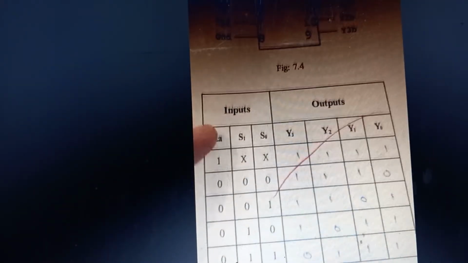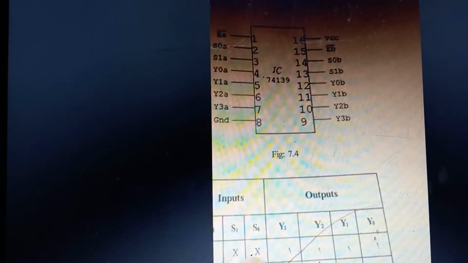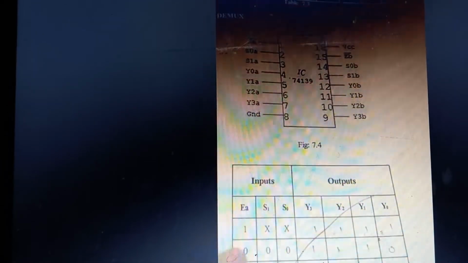So let's start. At the beginning, enable is 0 and all the switches are at 0. So it must be turned on. All the LEDs are on. So you verify this in the circuit. When enable is 1, whatever the selection switching state is, all the outputs will be 1 1 1 1. So if we make the enable switch 0, the last output will be 0, and all the other outputs will be 1.